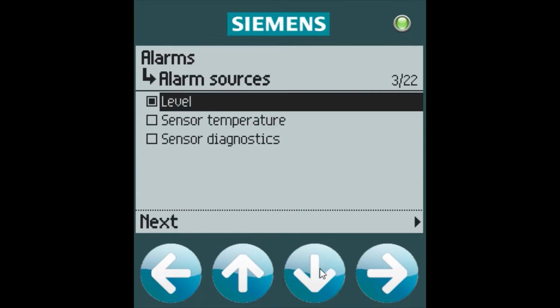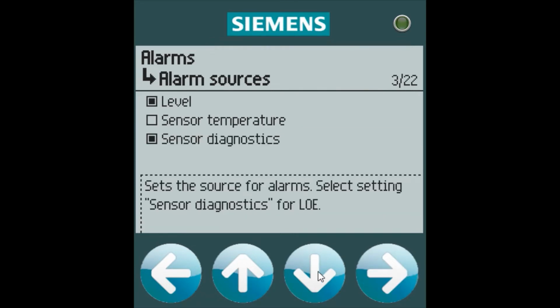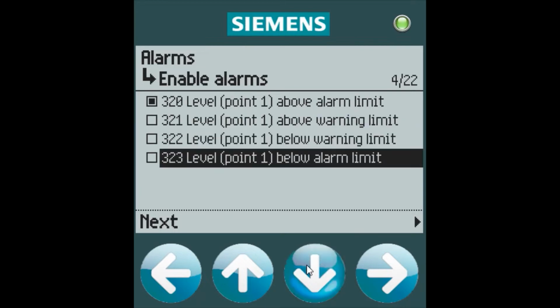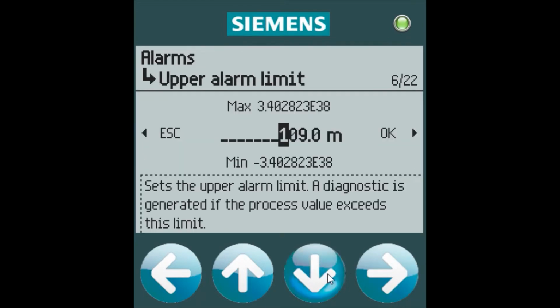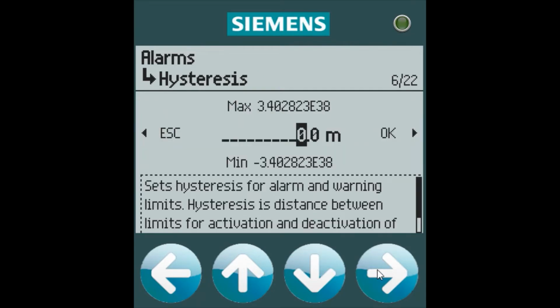In this case, I will select level as my process variable and sensor diagnostics, which include things like cable breaks and loss of echo. I'm going to enter a high alarm set point on my point 1, so I will select that above alarm limit and choose next. And for that alarm limit, I will enter in 6 meters. I can then enter my hysteresis